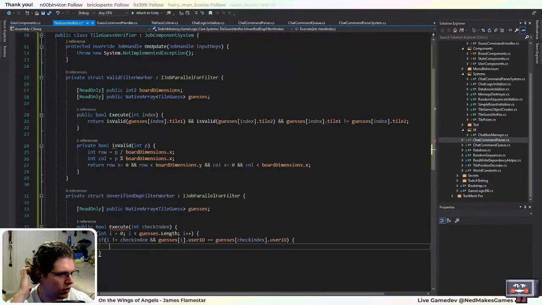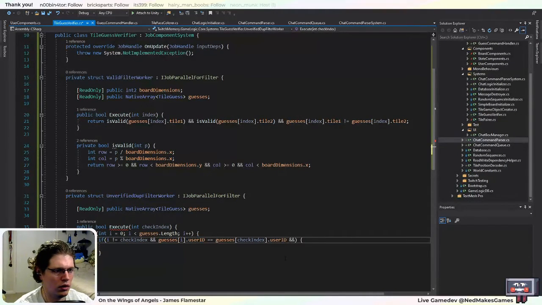Well, I guess if this is less, then we can return now. Otherwise, we'll want to keep on looking through. So yeah, if the users are equal and guesses I.user ID is greater than